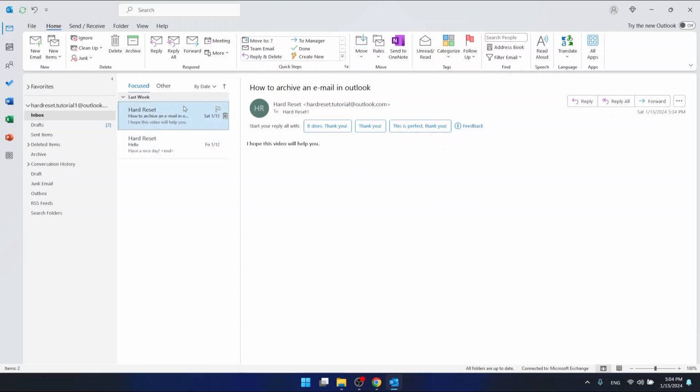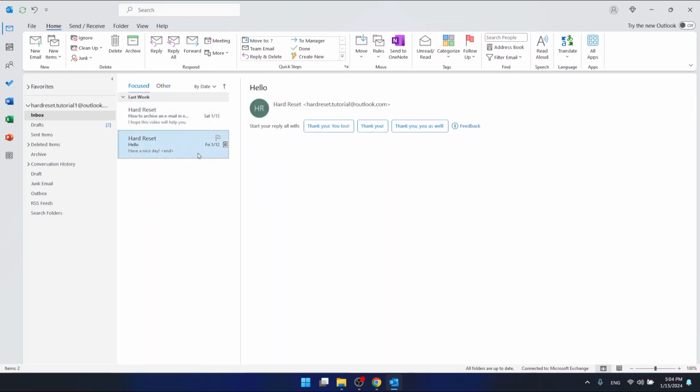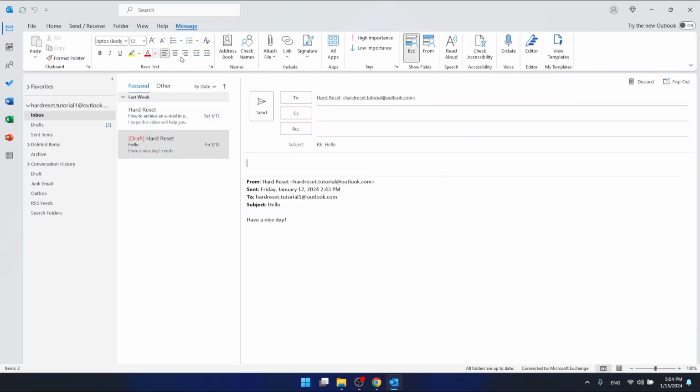If you want to create some reply, and for example you're getting a lot of emails and you don't want to write the same thing every time, you want to use a template. So let's click on a specific email and click reply. Now what you're going to see is